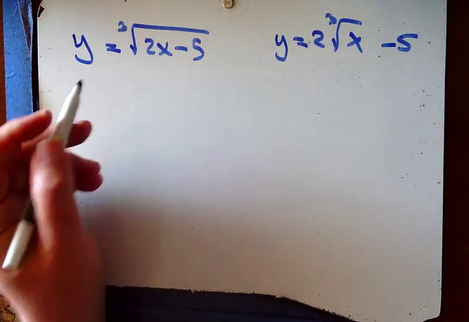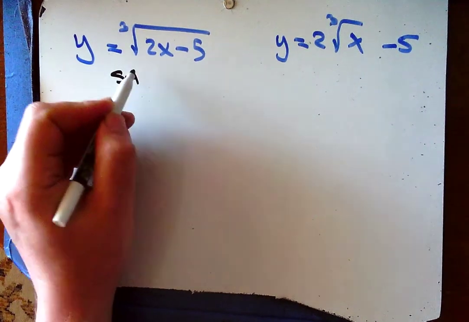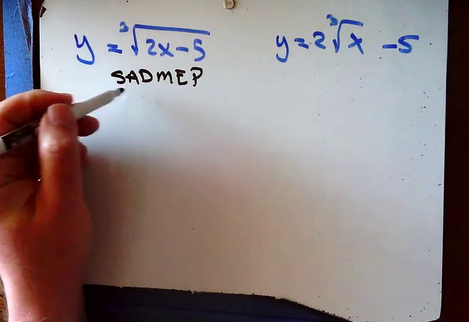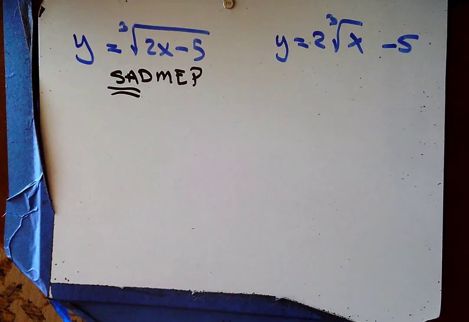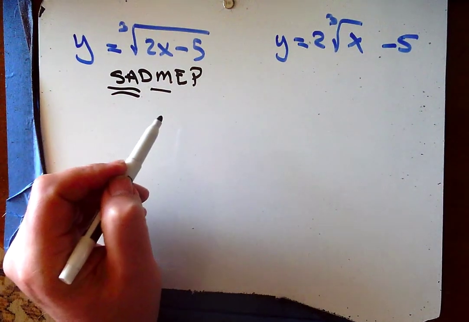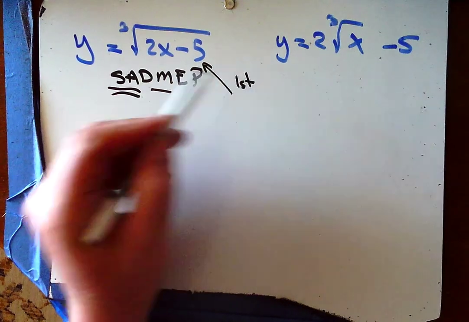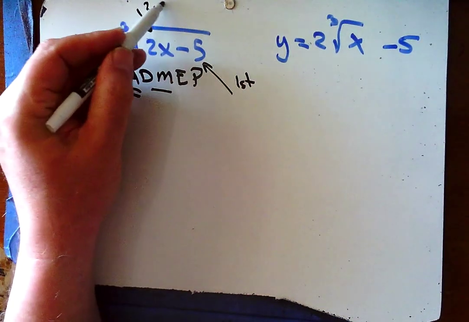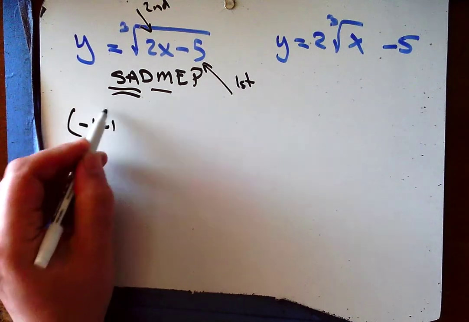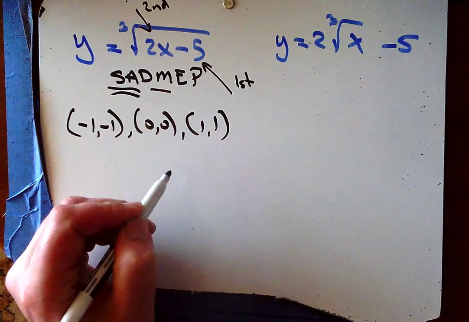Okay, welcome back. So with two x transformations, inside is opposite land, we follow SADMEP, which means I have to undo any subtraction or addition before I undo any multiplication or division, which means I'm going to take care of this first and this second. So I'll start with my reference points, -1, -1, 0, 0, 1, 1, and I'll carry out